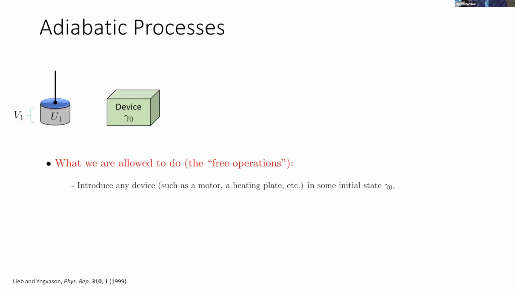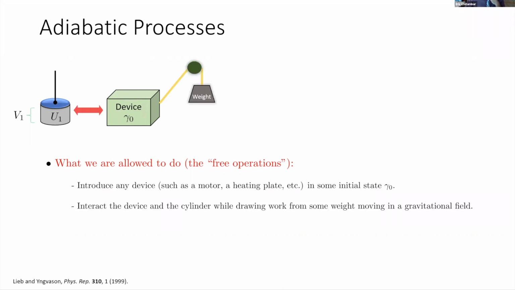Okay, so here's what you can do. You can introduce some external device. It could be a motor, a heating plate, any other device you want to use. Its initial state will be gamma naught. Then you can introduce some interaction between your piston and the device, but you also need to hook this device